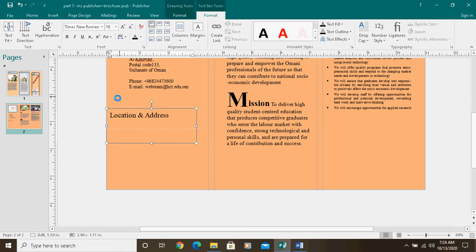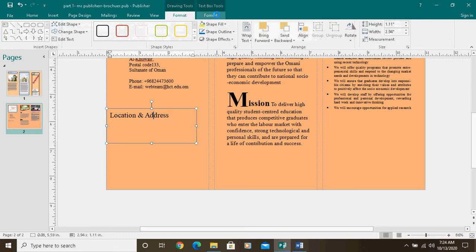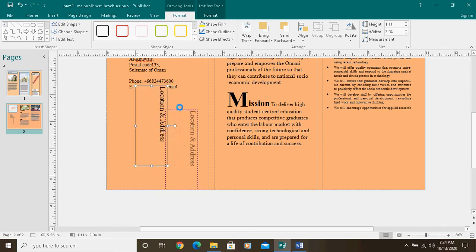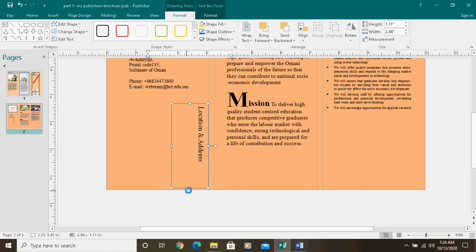Now I want to rotate. Rotate, how do you do it? Format. Format here, the shape, you can see rotate. Rotate left 90. Can you see left 90? So this way also you can do, or this way, or if you want to locate this way, anything you can do. So rotate 90, then I'll keep it here. Make this one smaller.